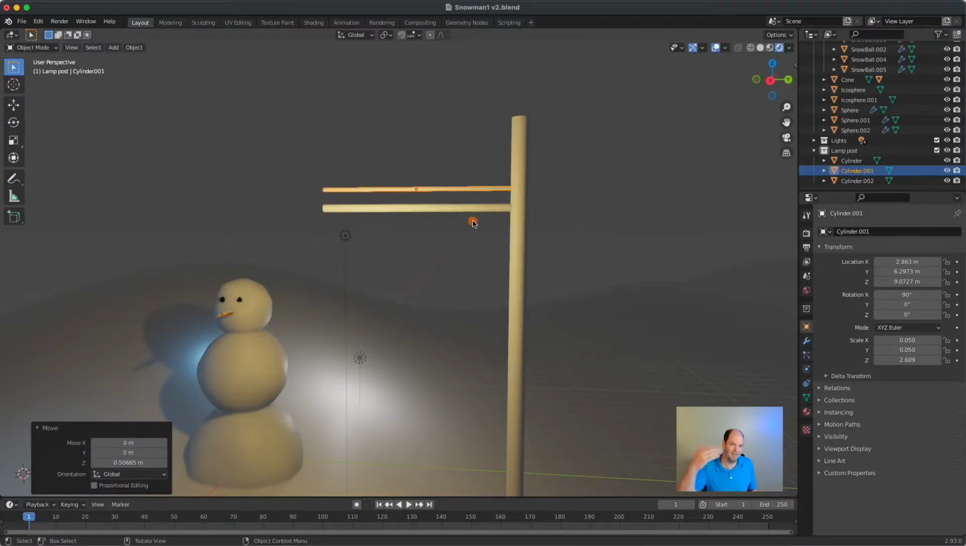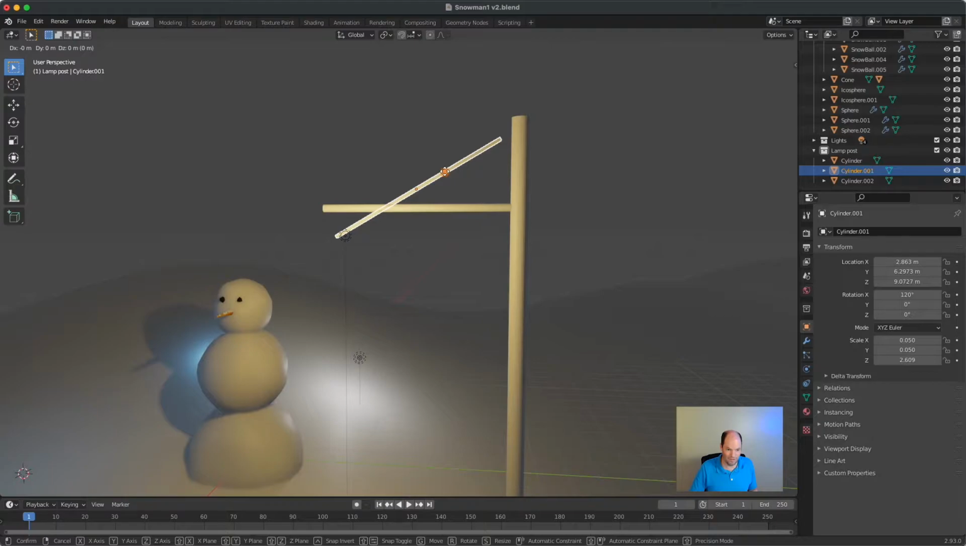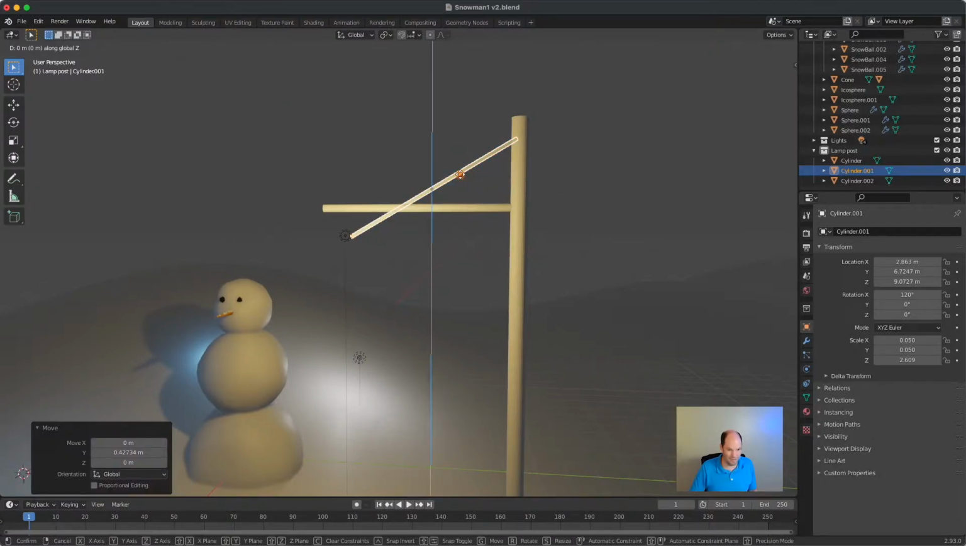And I need it to be at an angle, and the normal angle would be 30 degrees, right? If I want to make a 30, 60, 90 triangle. But when I look at this, its rotation was already 90, so adding 30 to that makes it 120. And now I have something that, if I use it like a crossbar, I can go along Y till it meets there, and then move it up along Z,